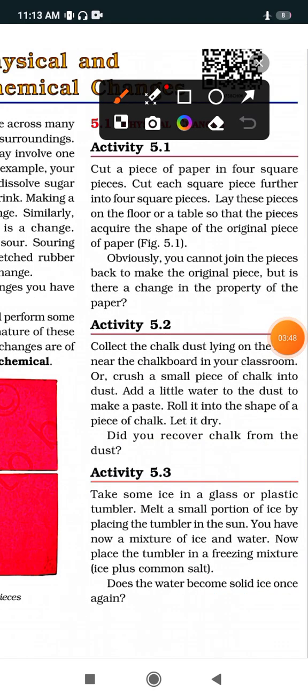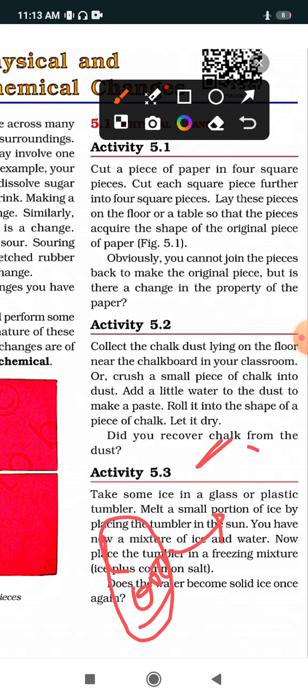Now see activity 5.3. Take some ice in a glass or plastic tumbler. We will take some ice in a glass and we will melt a small portion of the ice. हम एक टम्बलर लेंगे उसमें आइस क्यूब्स ऐड करेंगे. अब उसको हम सन के प्रेजेंस में रख देंगे तो वाटर मेल्ट हो जाएगा. Now place the tumbler in the freezing mixture. जब फिर से हम वाटर को फ्रीज में रख देंगे तो वो फिर से आइस क्यूब बन जाएगा. मीन्स देयर इज़ अ चेंज इन द साइज, शेप